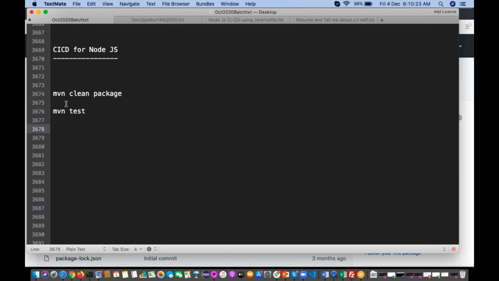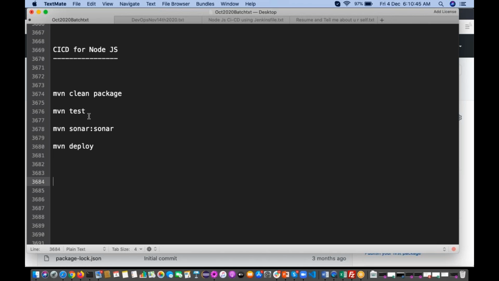If you want to include the SonarQube report, mvn sonar:sonar, right? If you want to upload the artifact into the Nexus artifact repository, mvn deploy, right?